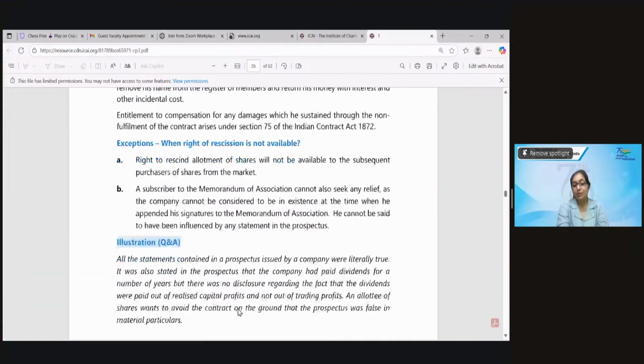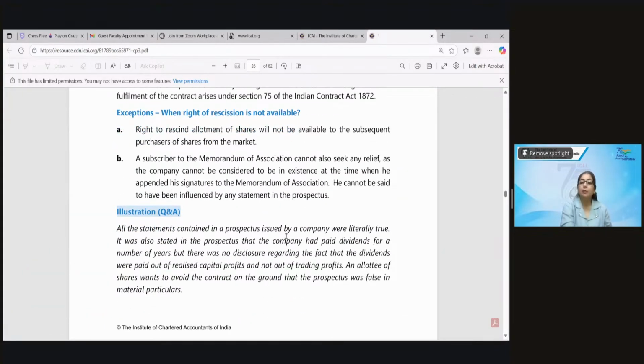This illustration will make it clear. All the statements contained in the prospectus issued were literally true. कहते हैं prospectus में सारी चीजें सच बताई गई थी, true बताई. It was also stated